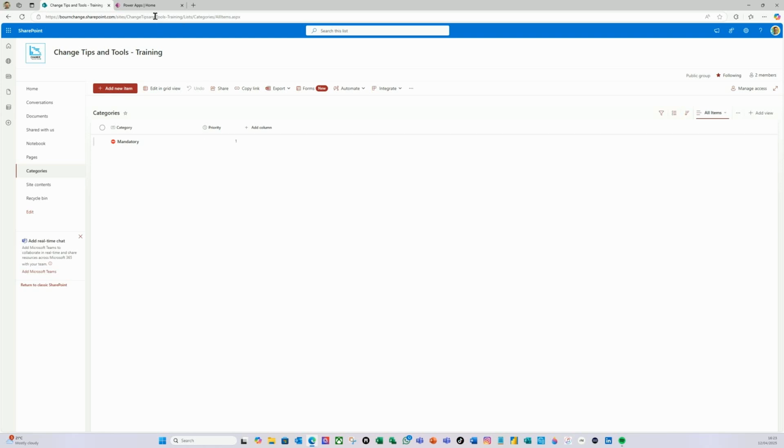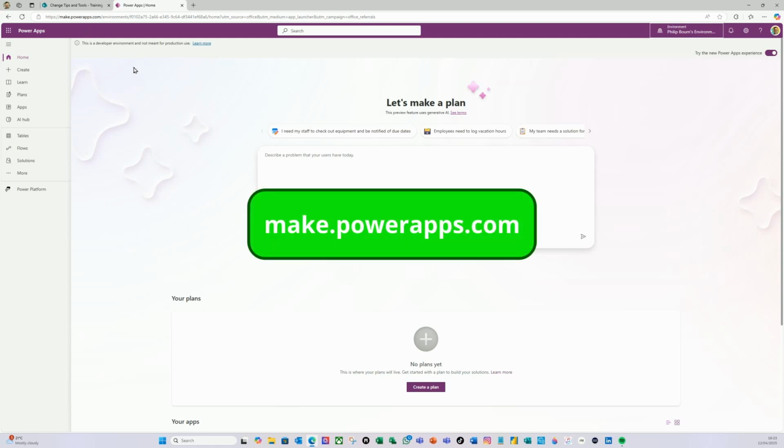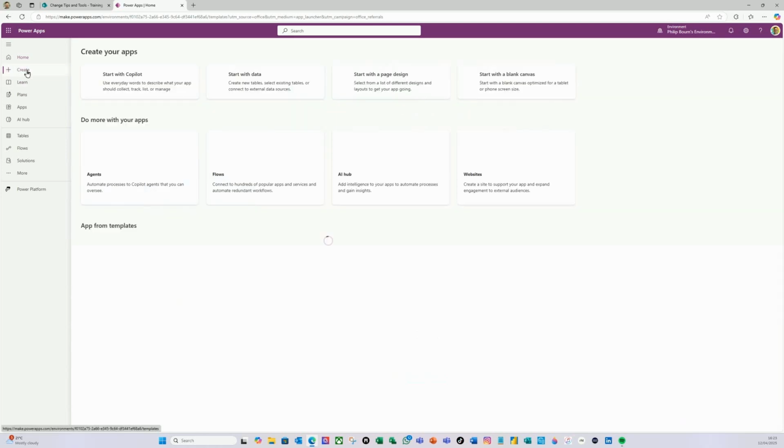a record. I'm then going to go to PowerApps, and the way that you get to PowerApps is in your URL just type make.powerapps.com, and it will take you to the PowerApps. And you should be either logged into your personal account if you're at home, or at work you'll be logged into your work environment, and it will ask you to log in with your work Windows ID the first time round. So once you've done that, I'm going to click the create button here over on the left, and